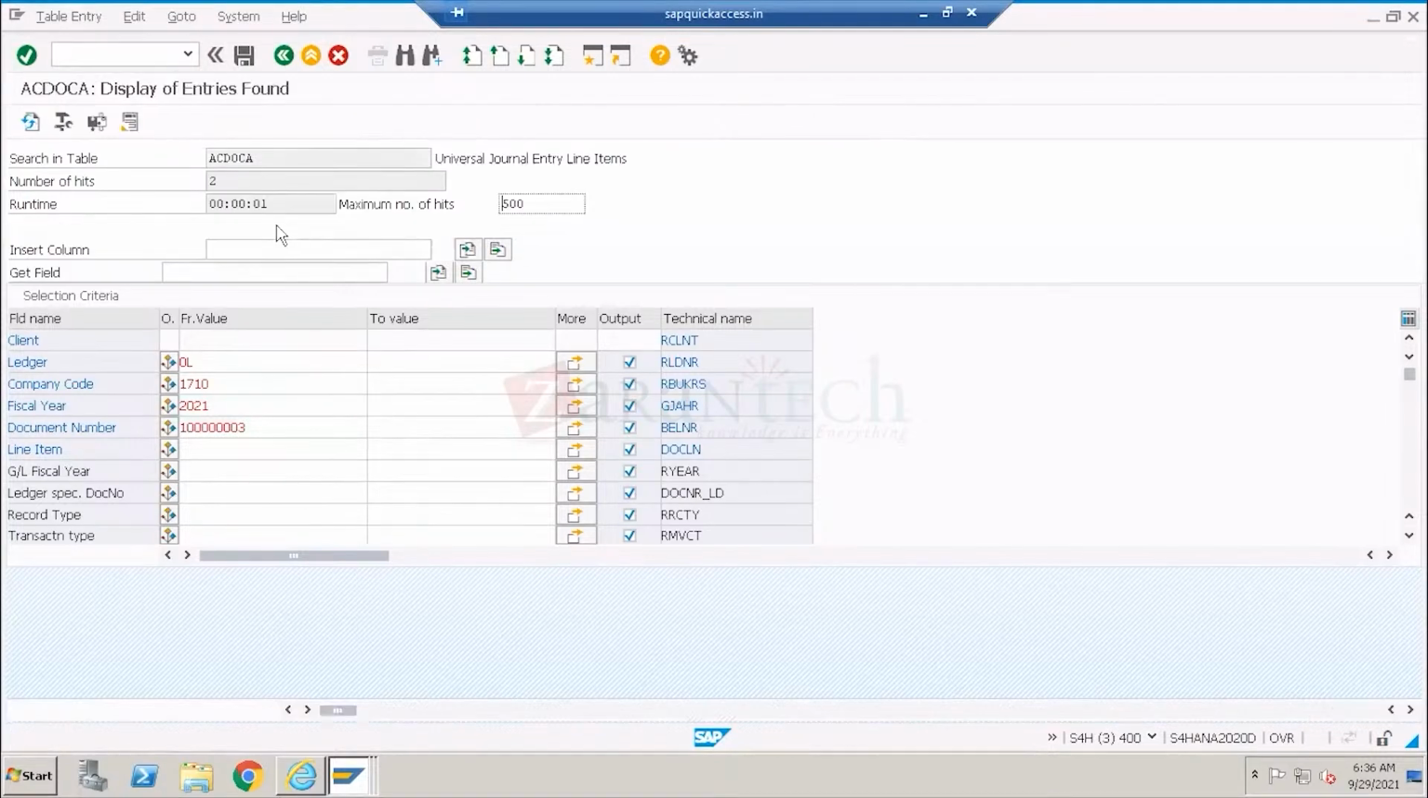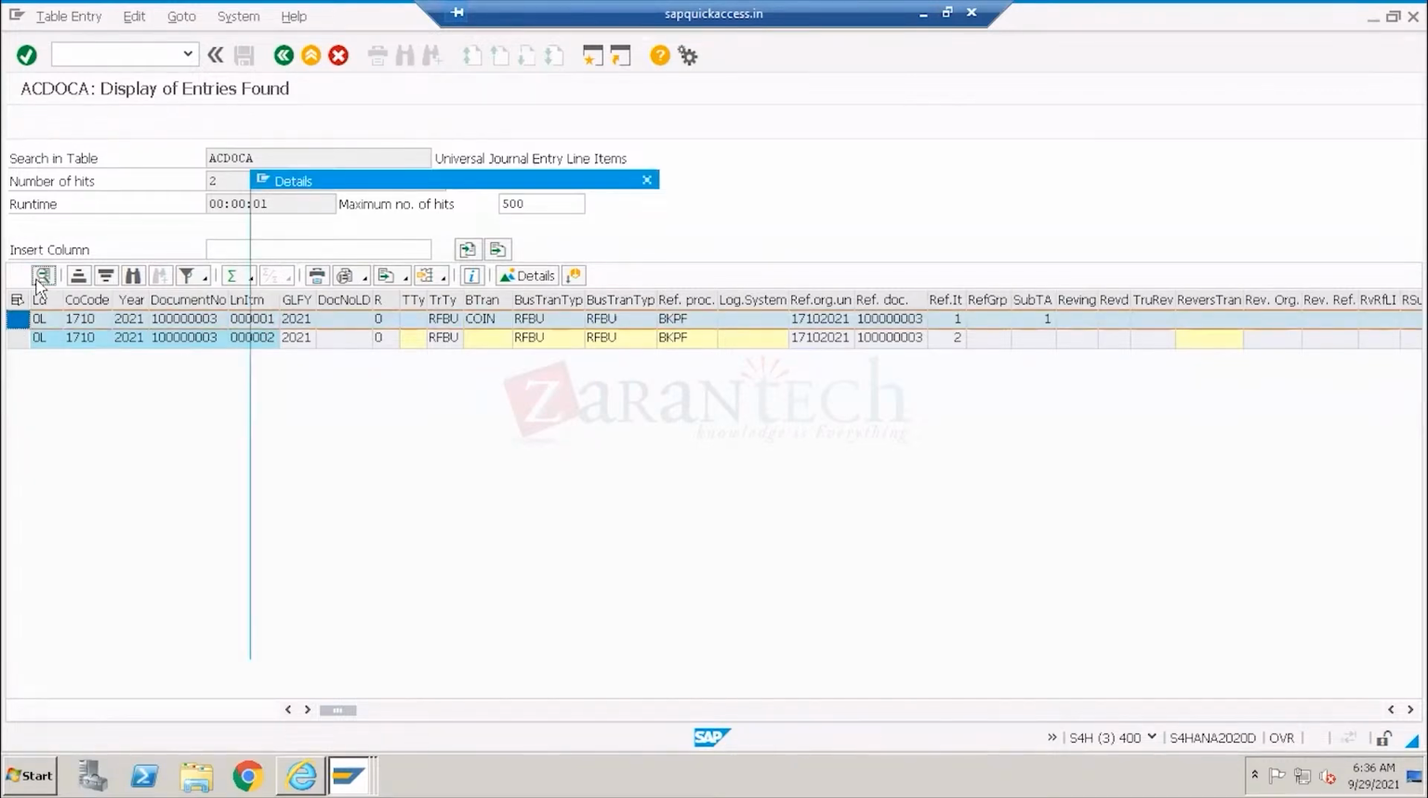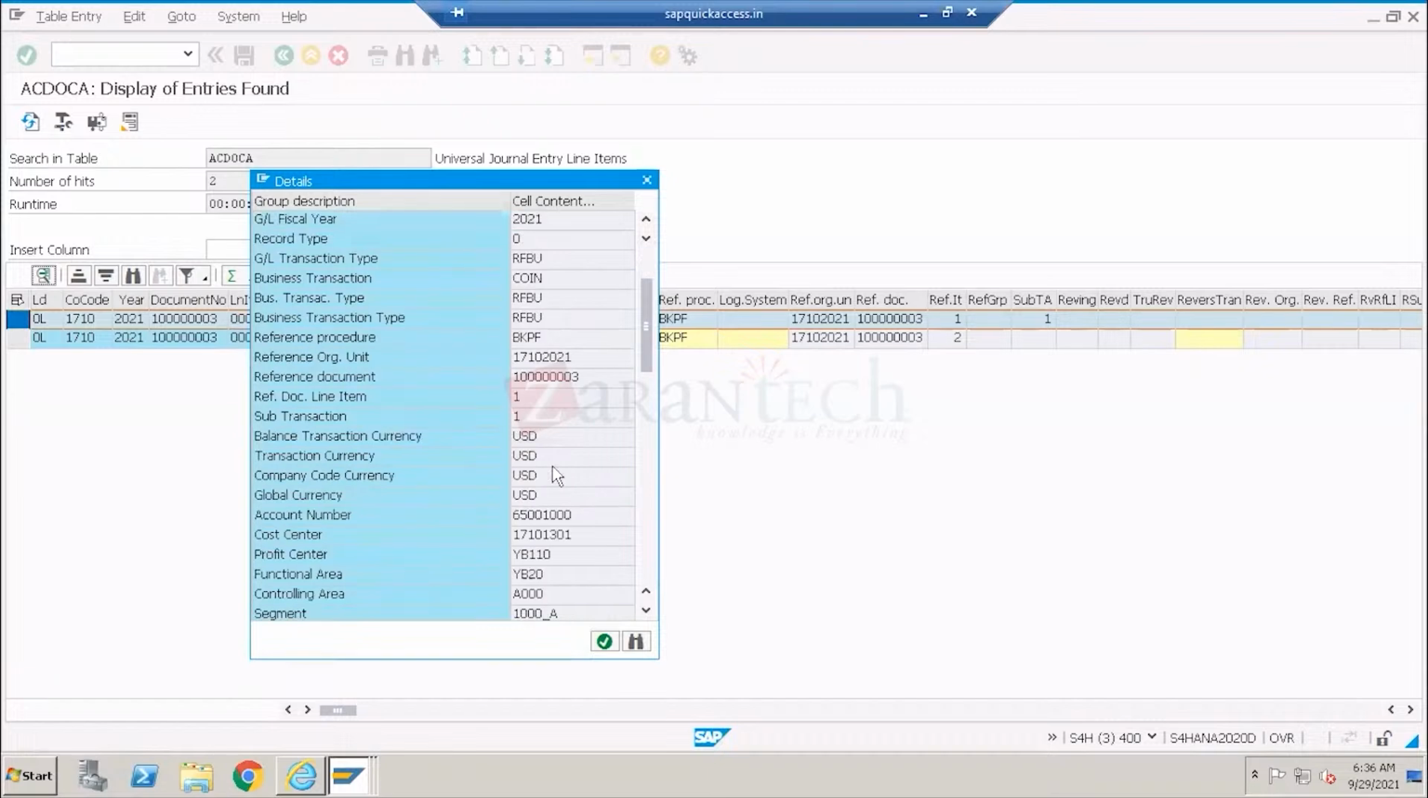Very, very important: there are two line items here. One is the debit line item, another one is the credit line item. The document number is the same, but line item number 1 and line item number 2, everything is going to be different. So when I go into the details, here you can see